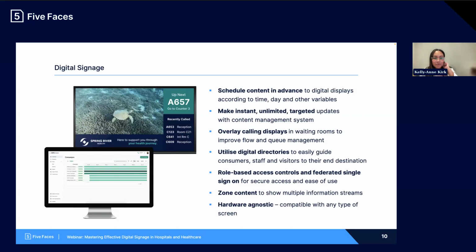That's the example you can see on the screen here, how we've sectioned the screen at the top into 3 different zones. You've got your calling display on the right-hand side. You might have some video content, or you might broadcast a channel in that main section of the screen. And then you can have your nice branding and brand messages at the bottom. And I think, Kel, that